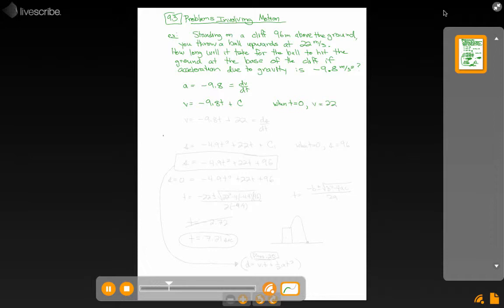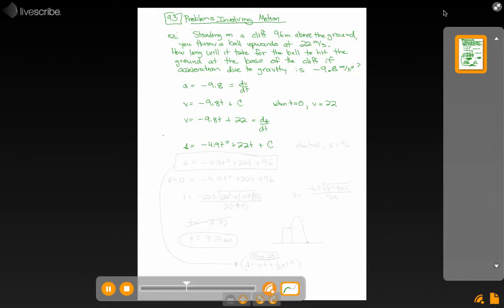meters per second. In this case, we're using the usual definition that upward movement or velocity or displacement is positive and downward is negative. So that's why the acceleration is negative 9.8, but this is positive 22, so v equals negative 9.8t plus 22. Now, remembering that that's ds by dt, we can find an s equation by taking the antiderivative of that again. So I'd have negative 9.8 t squared over 2, so negative 4.9t squared plus 22t plus